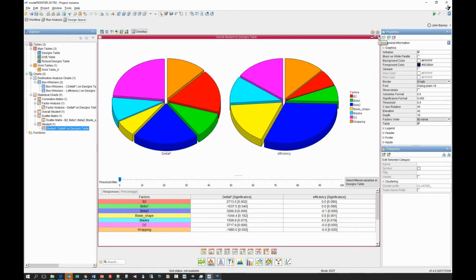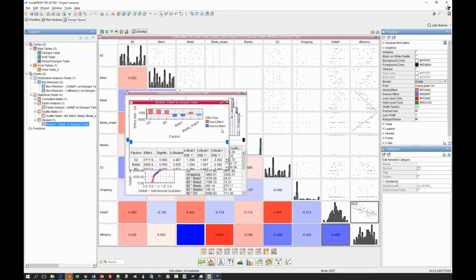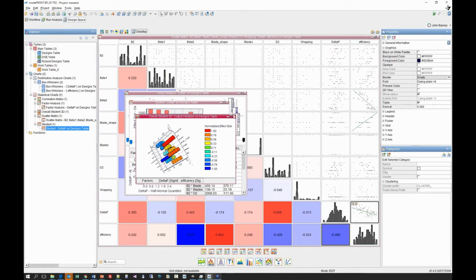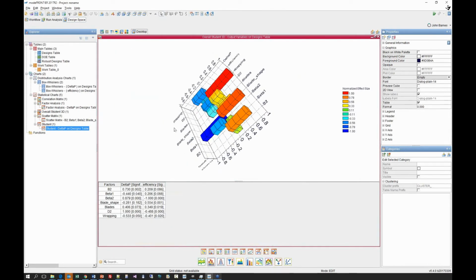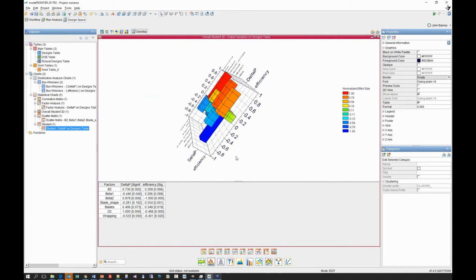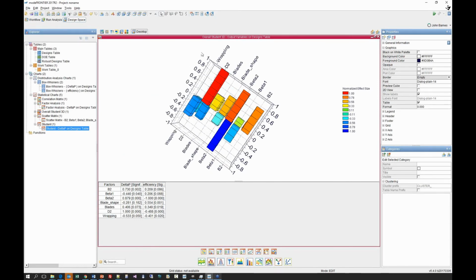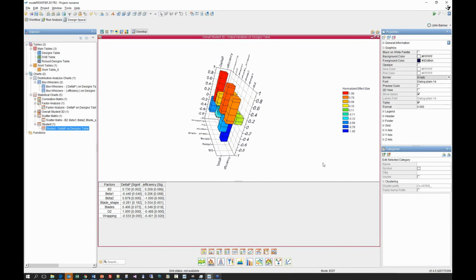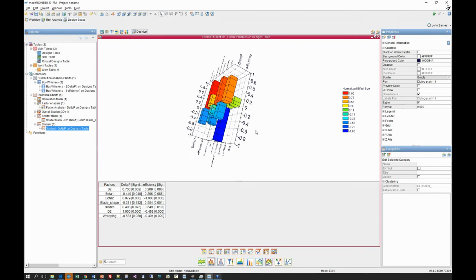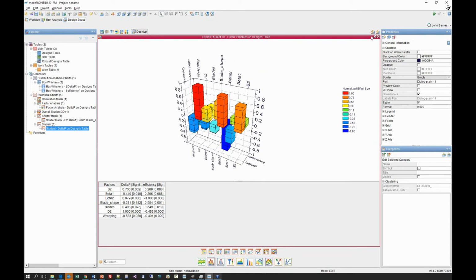So that's just showing the similar results, but in a different format. Now, if we wanted to see that in 3 dimensions, we could also go on to this final chart, which has all of the inputs against the outputs against their effects as well. So that's a way of plotting all of those in a 3-dimensional format.